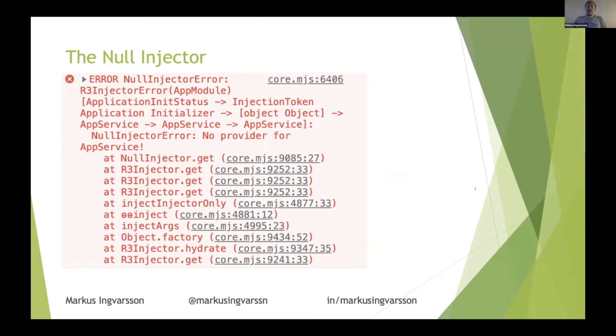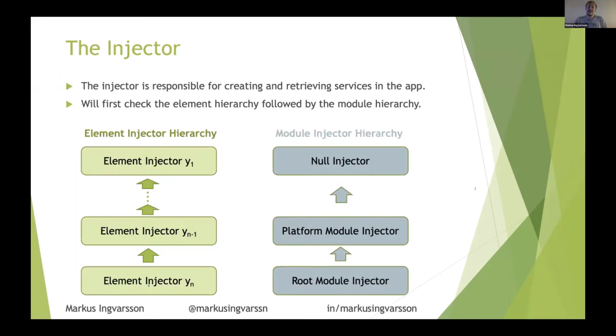You were following along a tutorial, your pizza app is popping, life's good, and bam, all of a sudden everything stops working and you don't know what to do. But now we actually know where this message is coming from. So in this example, none of our injectors were able to find a provided service with a key of app service. And then the request reached the null injector and the null injector threw an exception. And that's pretty much it. So now when we know this fact, we just have to figure out why app service did not get registered in the way we thought it did.